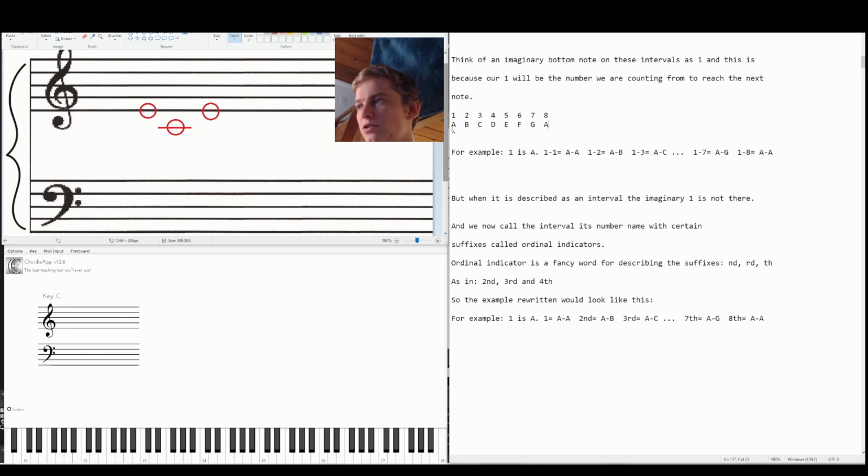Okay, so you'd see 2, and you're going to have a second of A is what the context would be, and you'd say, okay, well, where you're starting from is always your 1, so you think 1, 2, and you just are counting up these natural notes, like notes in your alphabet with no flats or sharps, so just A, B, okay, so we have that 2, and then furthermore, we plug in 1 to 3,